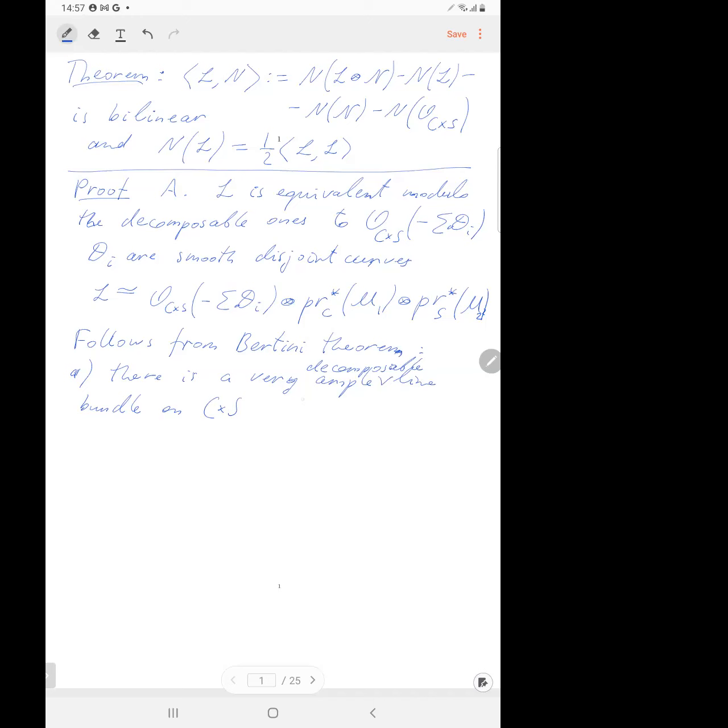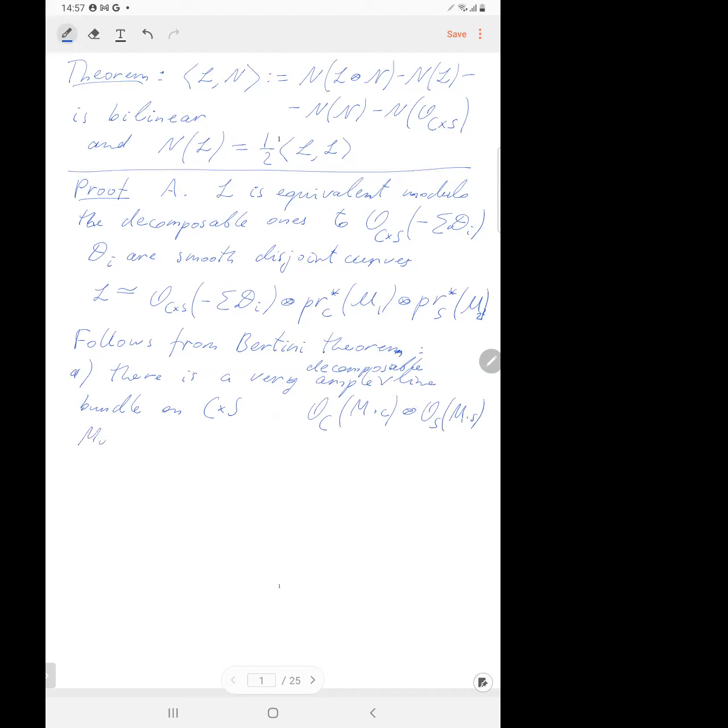So it's of the form O_C, some big number M times a point, tensor O_S, some big number multiple of a point like this, and